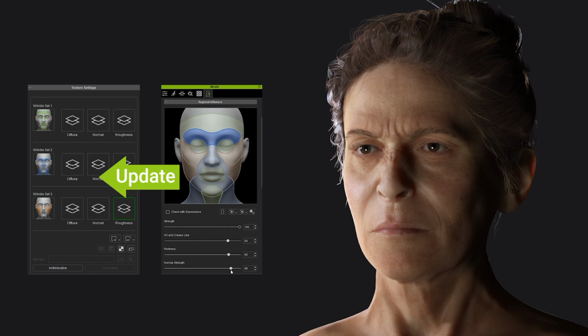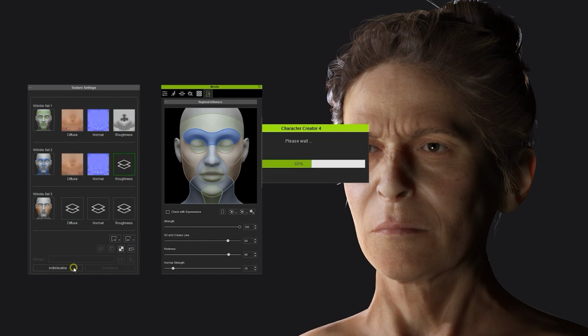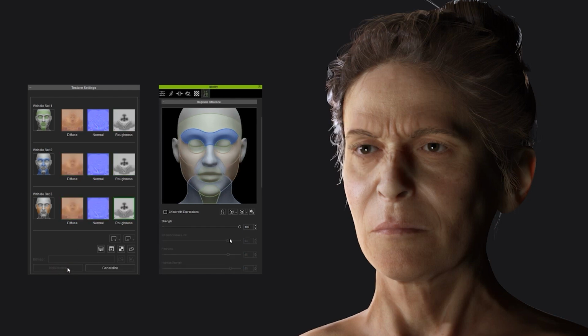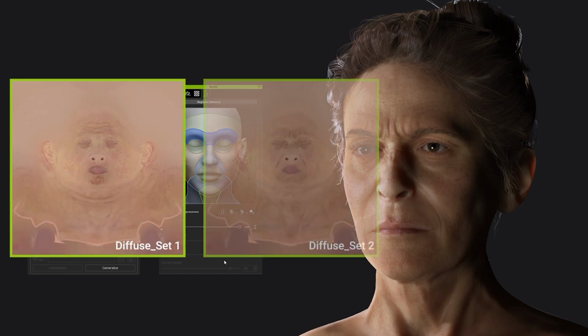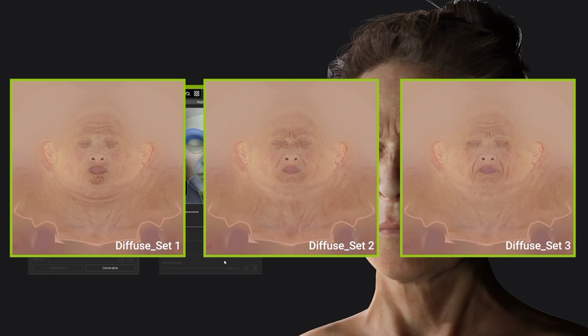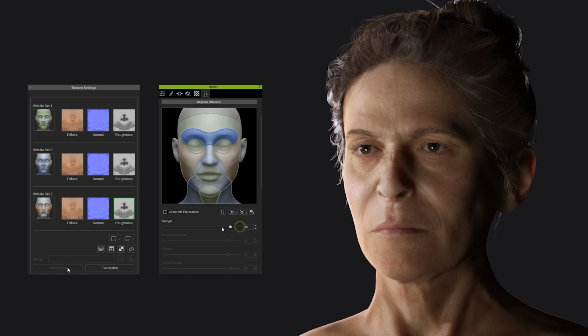If you're satisfied with your settings, you can go ahead and click on Flatten to generate and flatten each texture map. 15 wrinkle source textures will be flattened into 9 resulting wrinkle textures in order to save on performance. Please note that once a texture has been flattened, you will only be able to adjust the overall strength slider, so please be sure you're happy with the results before baking. If you want to adjust them further after baking, you'll need to export to an external image editor.